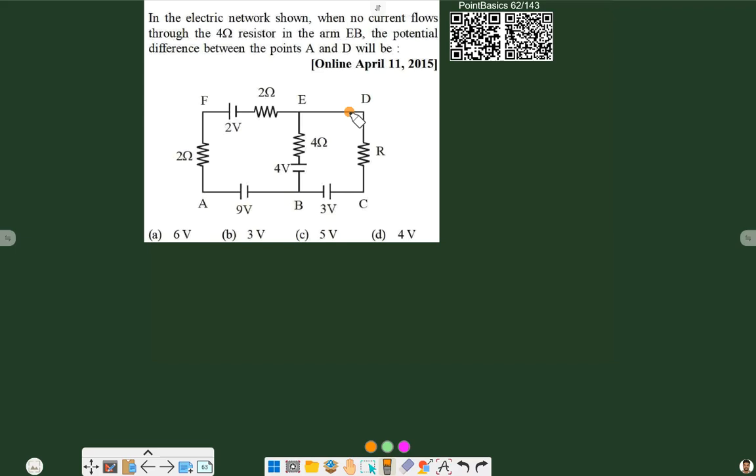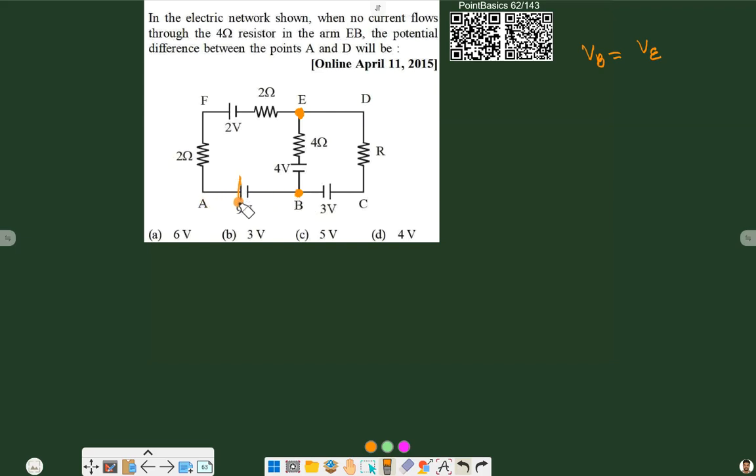Now, as mentioned, there is no current flowing through arm EB. So if no current is flowing through this arm, it means the potential at point E should be equal to the potential at point B. So the potential at B is equal to the potential at E, and we know from this that the potential difference between A